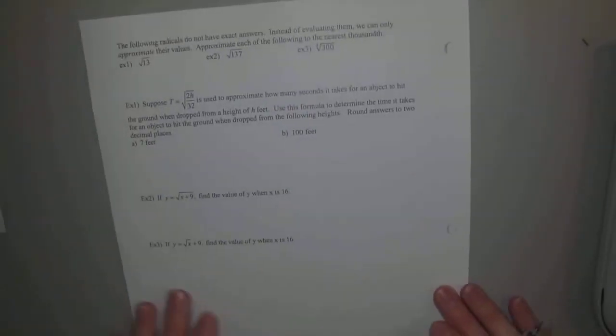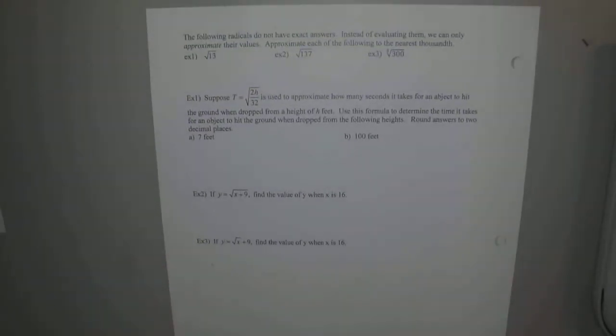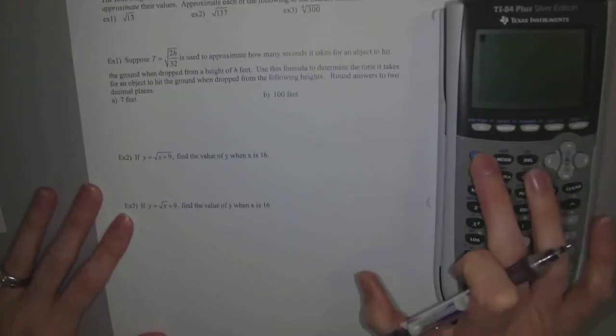All right, so the back page is just telling you guys, not every radical is that perfect radical. A perfect radical means when you take that index, that root, you get a whole number popping out, right? So sometimes we just have to put it in our calculator and see what it is, roughly, okay? So in your calculator, we're going to put the square root of 13. In your cell phone, feel free to do it too, do it sideways. I think on your cell phone, though, you have to type the number first and then hit the square root button, okay? So in your calculator, when you type the square root of 13,